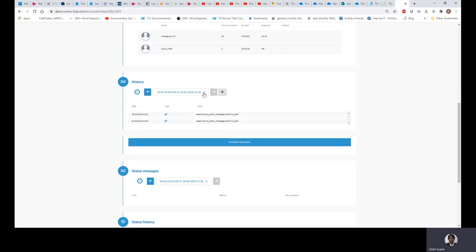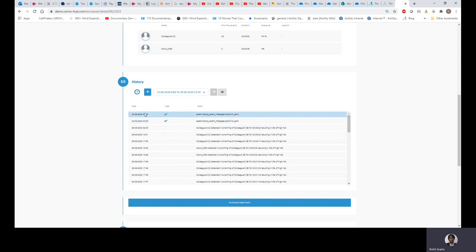Then you will also see the history of the last, for example, last 7 days, if the downlink was sent or not. If it was failed, you will see the failure, and you will also see the different uplinks that are being shown here, and how those are interpreted by the proximity application of WMW. For example, at this time, colleague 6 was detected by colleague B with a proximity of this duration resulting in 0% of high risk, and WMW application is computing that based on the cumulative exposure that is reported in the